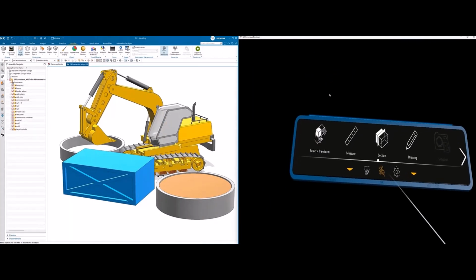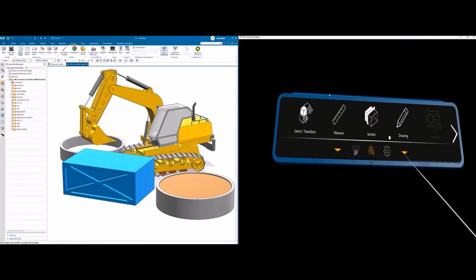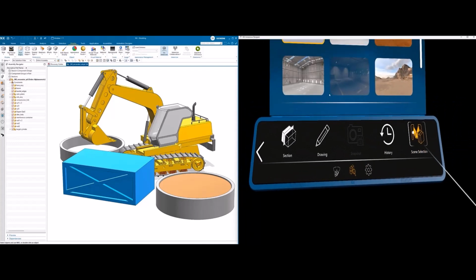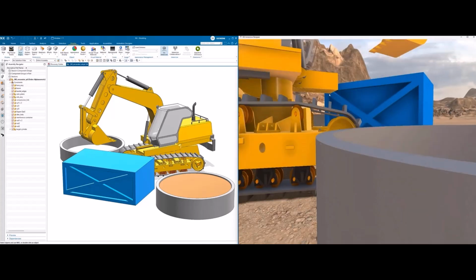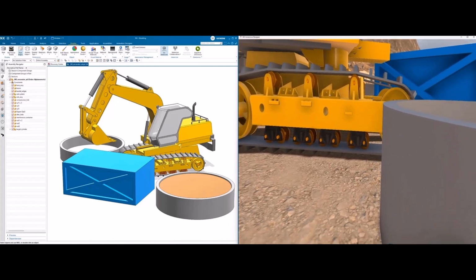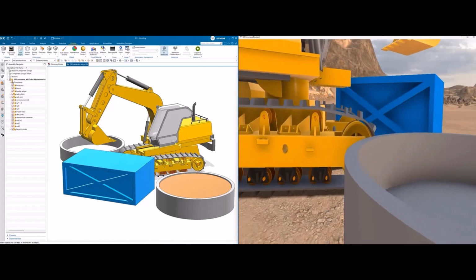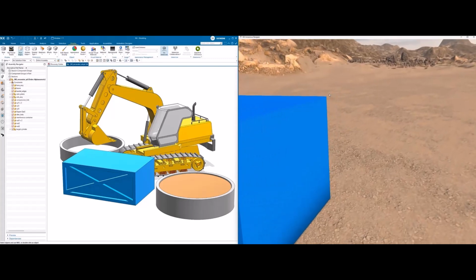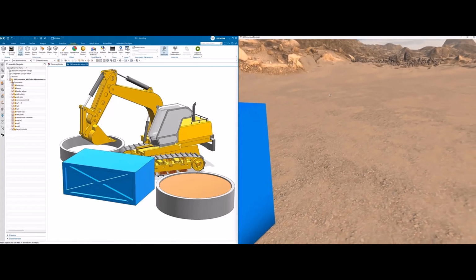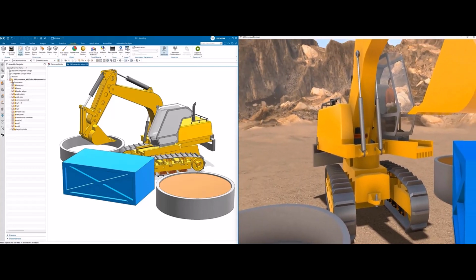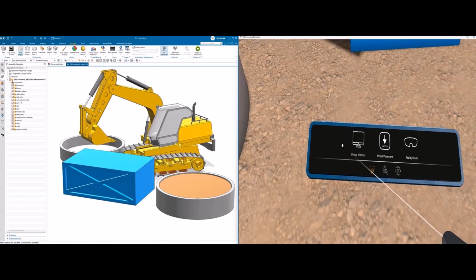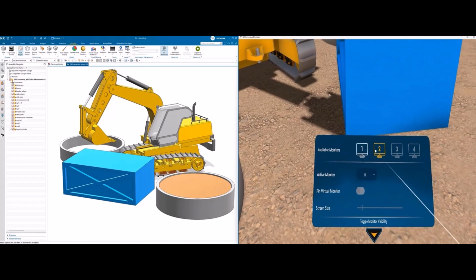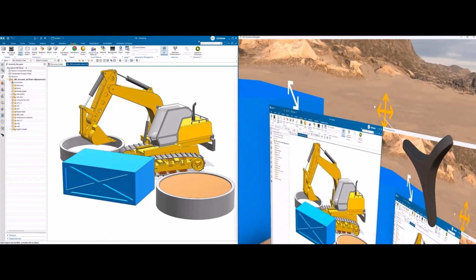A new window will come up. That's when you have the option to use your ring controller to select all the different options from the menu. So from there, we see that I've selected a particular environment that mimics the behavior that you would normally see in the excavation. As I navigate through all the different positions, the first one I want to turn on is